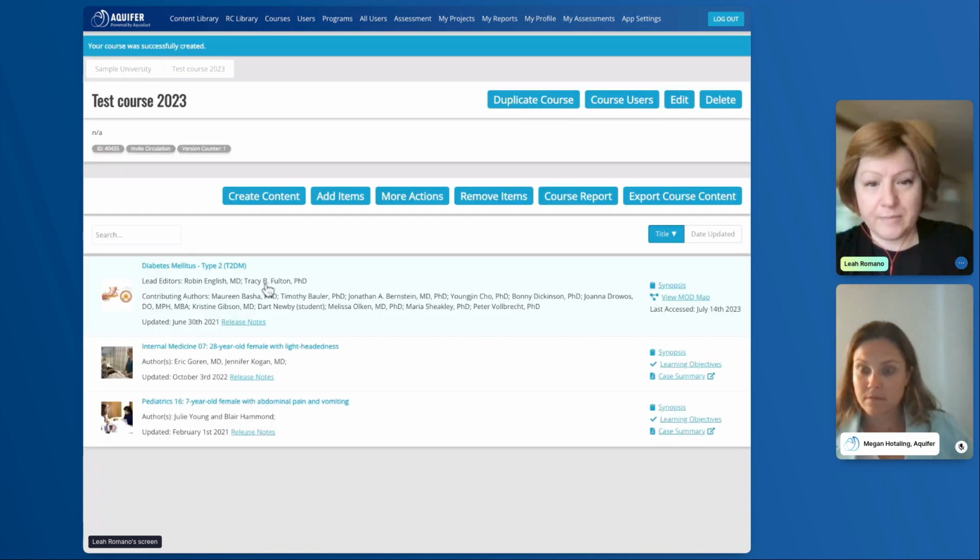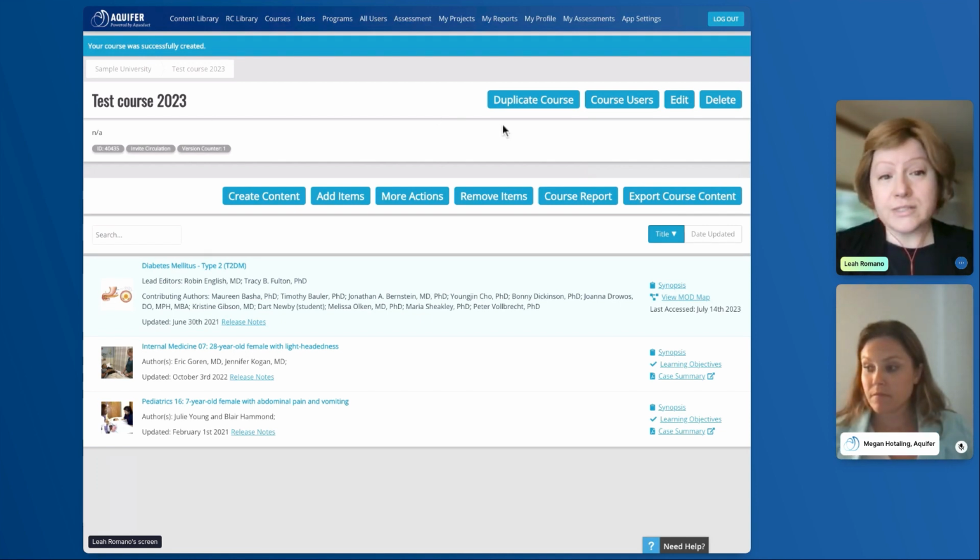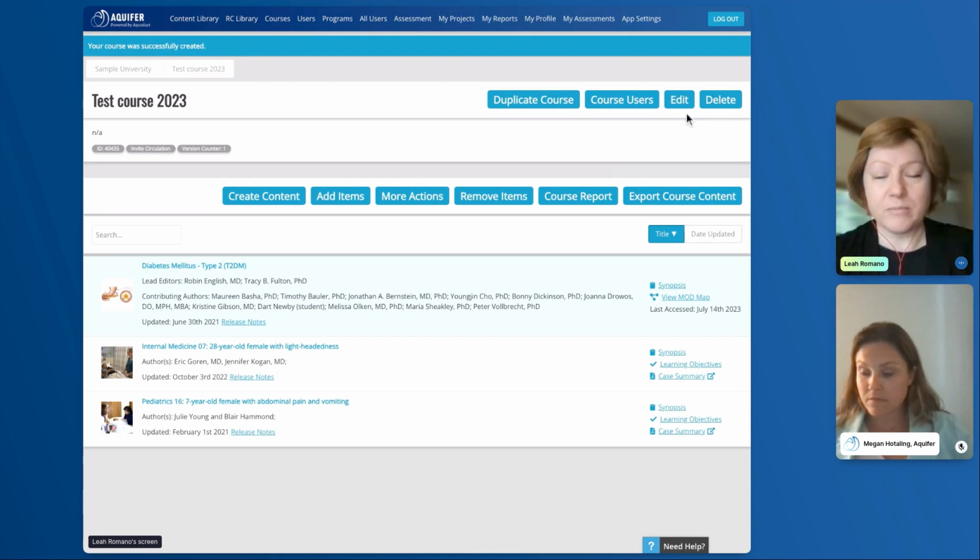You can see the shell of the course here. So you see the three that you selected, the title and description are on the top left, and the buttons that are appropriate to your question are on the top right. You can see that you have the option to duplicate the course, edit it, or delete it. So maybe there are a variety of cohorts. Maybe you need to make a change in the title. Maybe this was a test run and you just want to delete it.